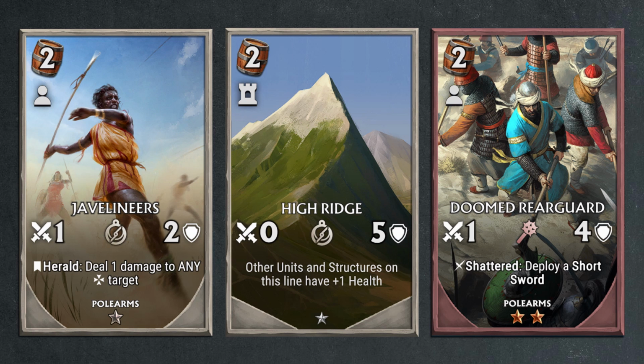So this is probably a more aggressive approach where you play a lot of shatter cards and you take advantage of this ability to shatter your own card, or at least help your card to get shattered. And here the Doomed Rearguard, being 1/4, has the shatter effect of deploying a short sword, which is a 2/2 unit. So this way you play this at 2, you can absorb one trade, and then by turn 3 or